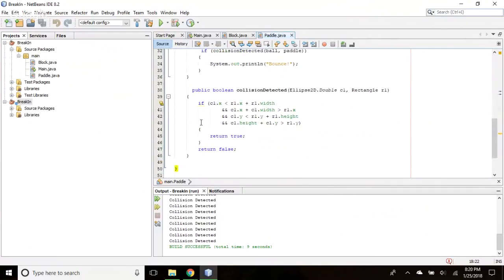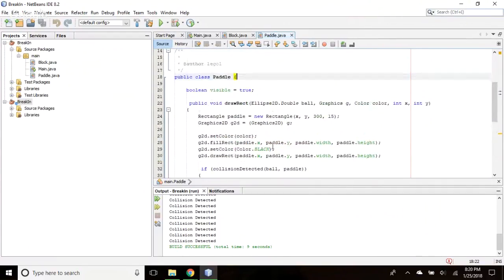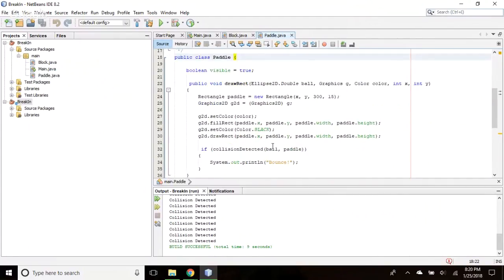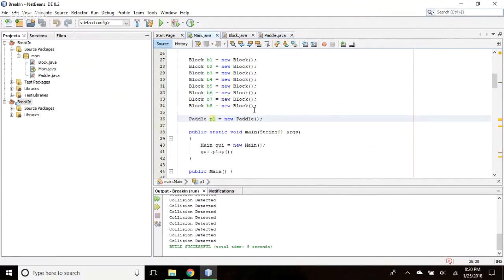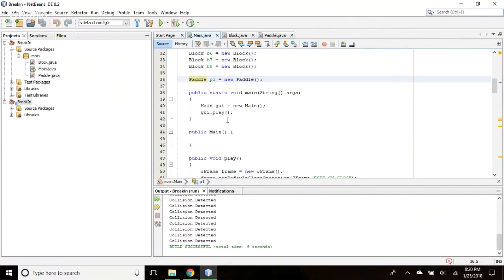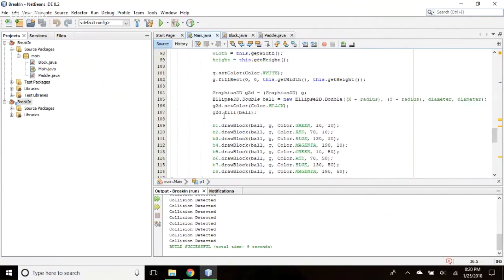Okay. Yeah, I just copied the collision detection. Okay. Then let's take a look at the main again. And you have new paddle. So, but the method you want to call is p1 dot paddle, right? Let me take a look at your other method again. Draw.